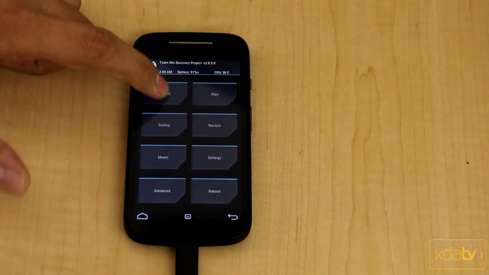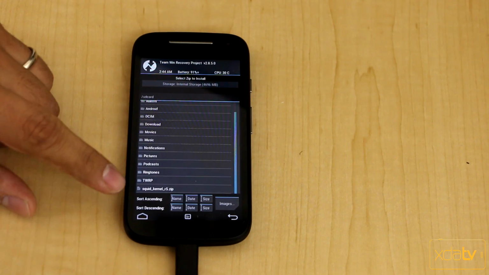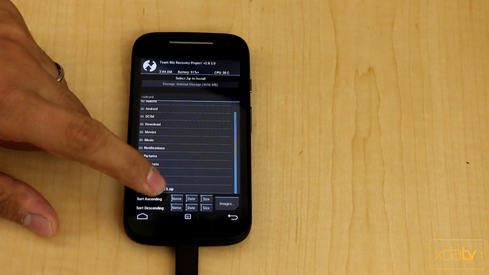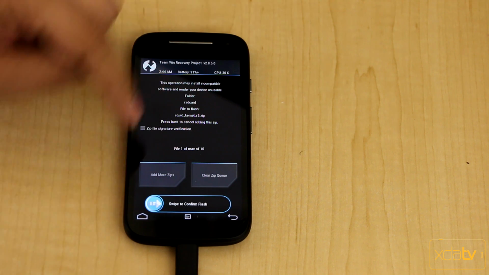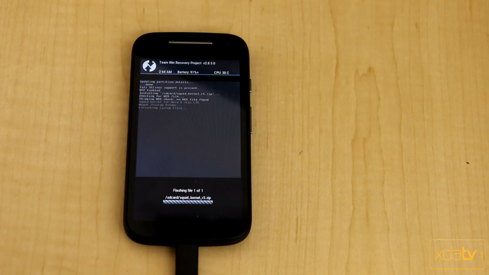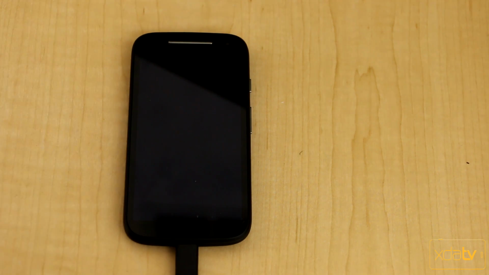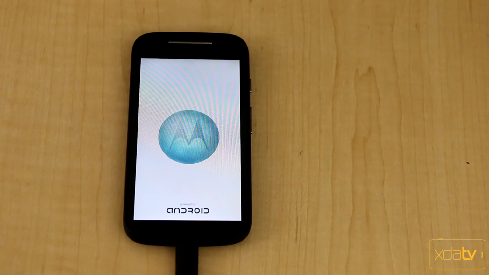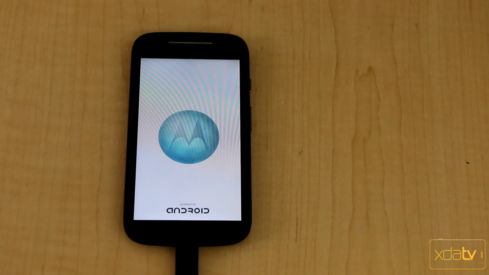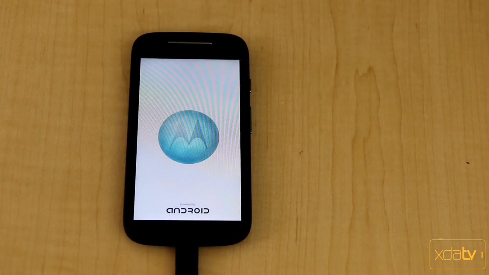And then from the recovery, just go to install, all the way down to the bottom. Here's the Squid kernel that we downloaded, R5 as the version, and just confirm it. And we're done. We'll just say reboot system. We'll give it a second to finish booting up, and then that should be the end of the process for us. We will have root, custom kernel, as well as the ability to actually use our camera,